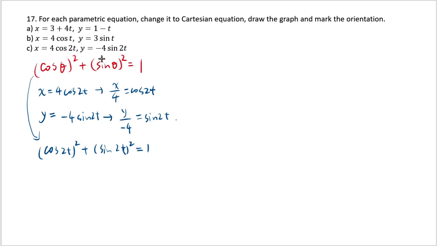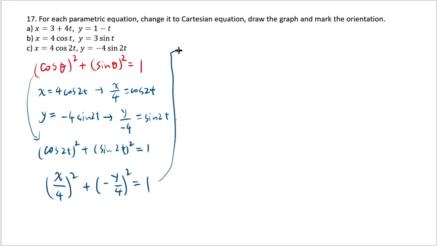This is true because the above equation is true for all angle theta, so I can have this. And then I use the fact that cosine 2t is x over 4 and sine 2t is y over negative 4, and replace each by x's and y's appropriately. And note that if you square a negative, it's plus. So the end result is that I have